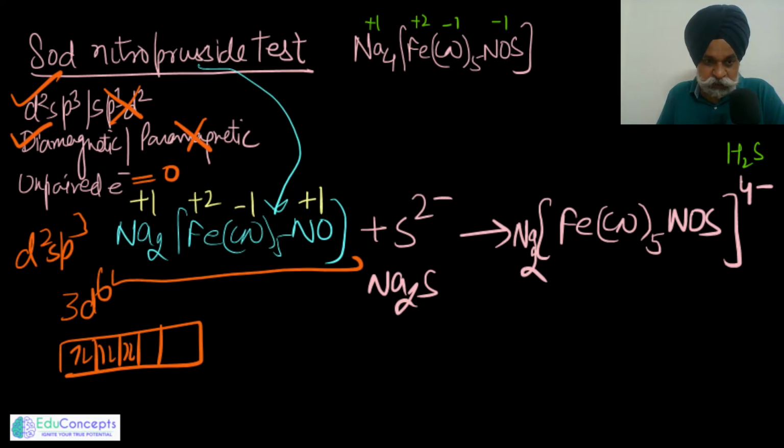thoroughly. Now what is it? This particular species, when I write Na4[Fe(CN)6], or rather Na2[Fe(CN)5NOS]. Now first you have to see what this ligand is. Basically this is a ligand which we generally don't write this way, but I always advise my students to remember it like this. Just hold on, yes, it should be shown like this,